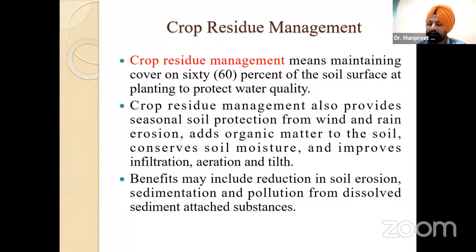क्योंकि जो सारा का सारा रेजिड्यू होता है वो फुल ऑफ न्यूट्रिएंट्स होता है। तो जब उसको हम इनकॉर्पोरेट करते हैं, मिक्स करते हैं या फील्ड पे छोड़ते हैं, तो अल्टीमेटली एट द लास्ट विद टाइम बीइंग डीकम्पोज होके वो सॉइल में ऑर्गेनिक मैटर को ऐड करता है। तो सॉइल की जो ऑर्गेनिक कार्बन है उसमें इंप्रूवमेंट होती है। ठीक है, उसके बाद आ जाती है इनफिल्ट्रेशन को इम्प्रूव करना, इनफिल्ट्रेशन रेट्स, पोर्स खुल